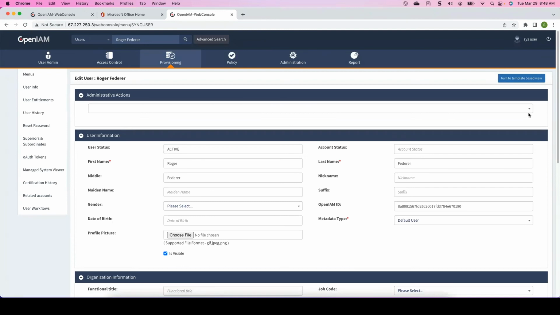So this question here: is there anything like IDFix that can be used for identifying and validating that the account properties of the configuration are supported by OpenIAM? I'm not sure if I completely follow the question. In terms of the properties which are being supported, can you share a little bit more detail, an example of what you may have? The reason I'm saying that is because we're not limited by the core attributes. Okay,